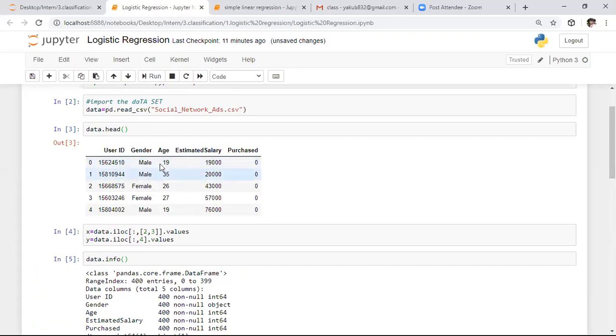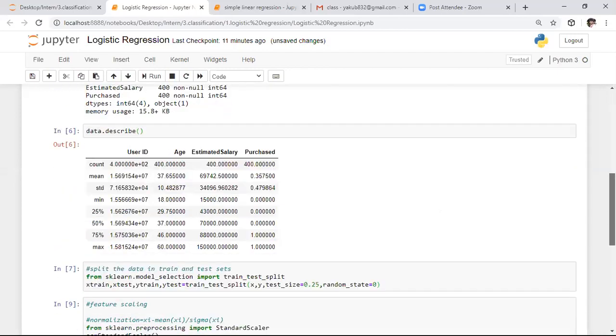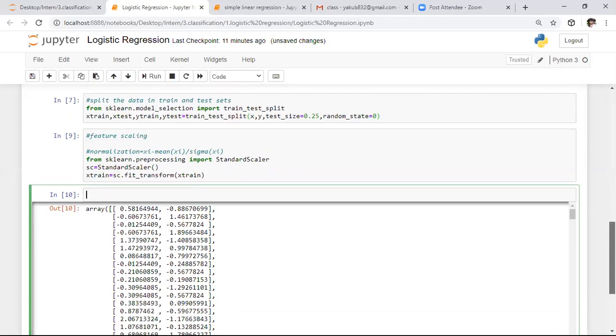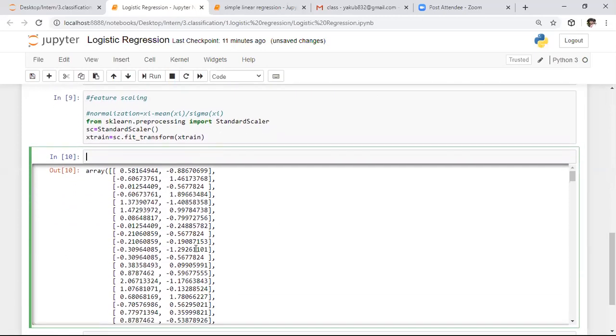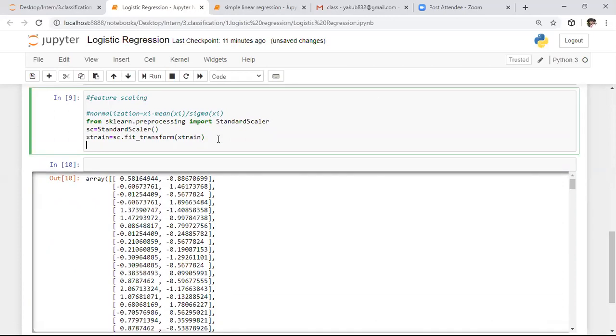If you want to correlate these features, we convert them into a range of minus 5 to 5, or minus 3 to 3, or minus 4 to 4. Based on the Gaussian distribution, we are normalizing these samples. Previously, if you observe the training set data, we have this information, whereas after normalizing, the entire data will be converted into the range of minus 3 to plus 3. For that purpose, we need to perform this standard scalar.